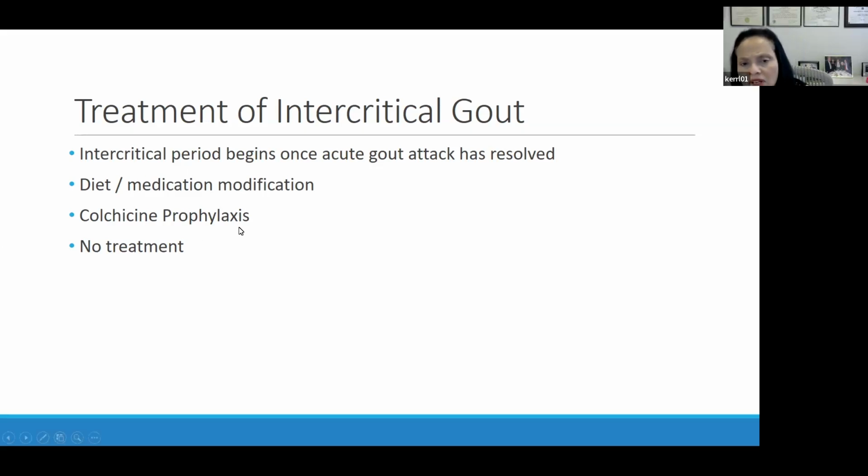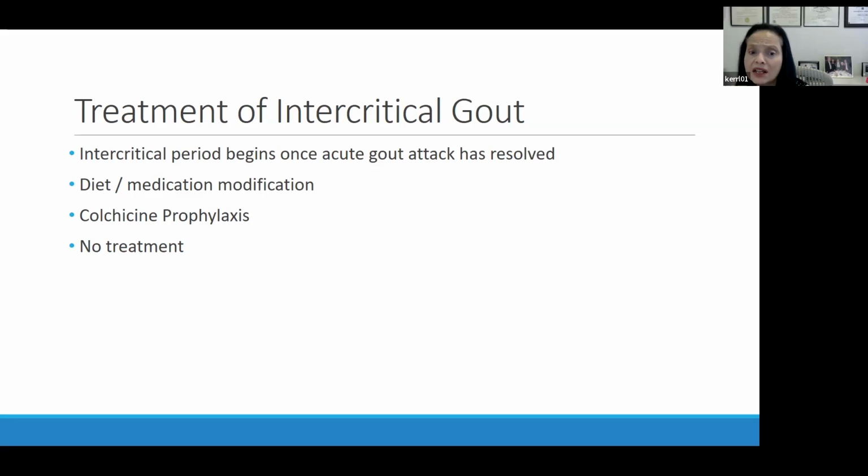And this is determined, the dose of colchicine is determined by the serum creatinine. So if it's normal, it might be 1 or 2 pills daily. If the creatinine is 1.8, it might be 1 pill daily. If it's over 2, it may be half a pill daily. If it's higher than that, it may be half a pill 3 times a week. And if it's a patient on dialysis, it will be 1 pill once a week, no more than that, because